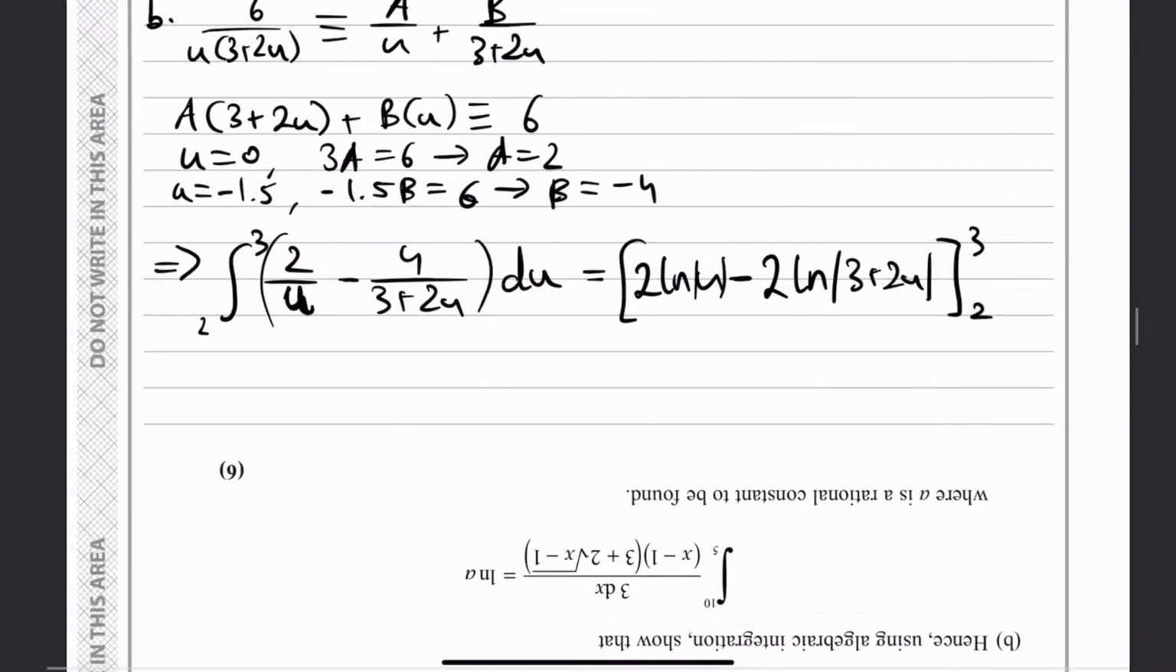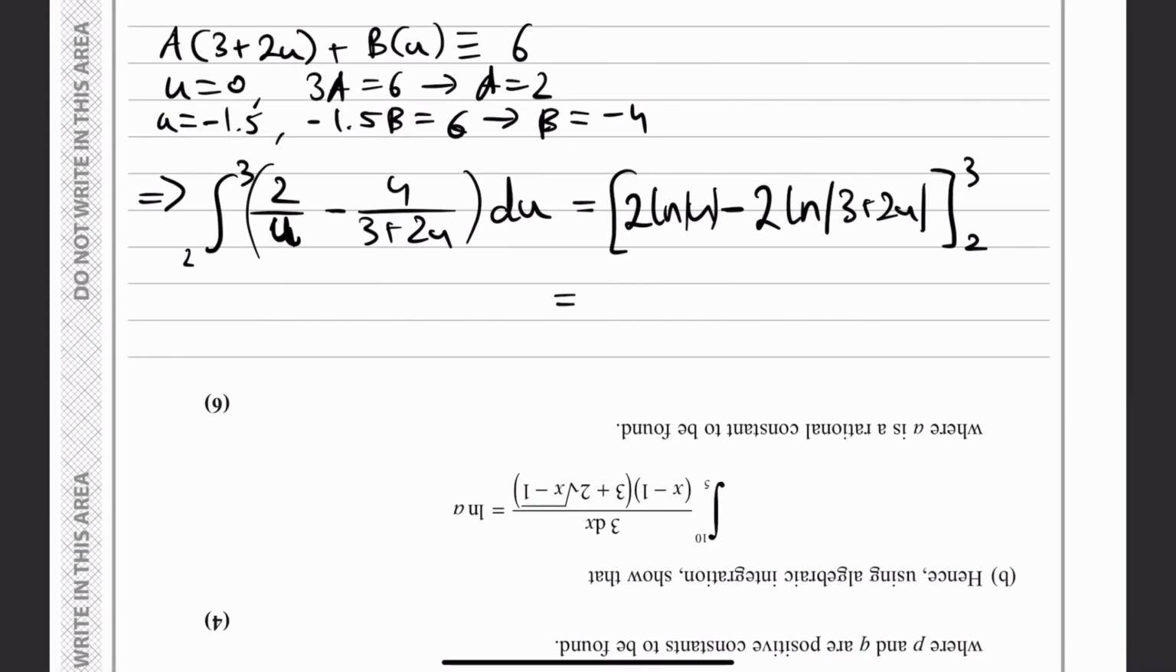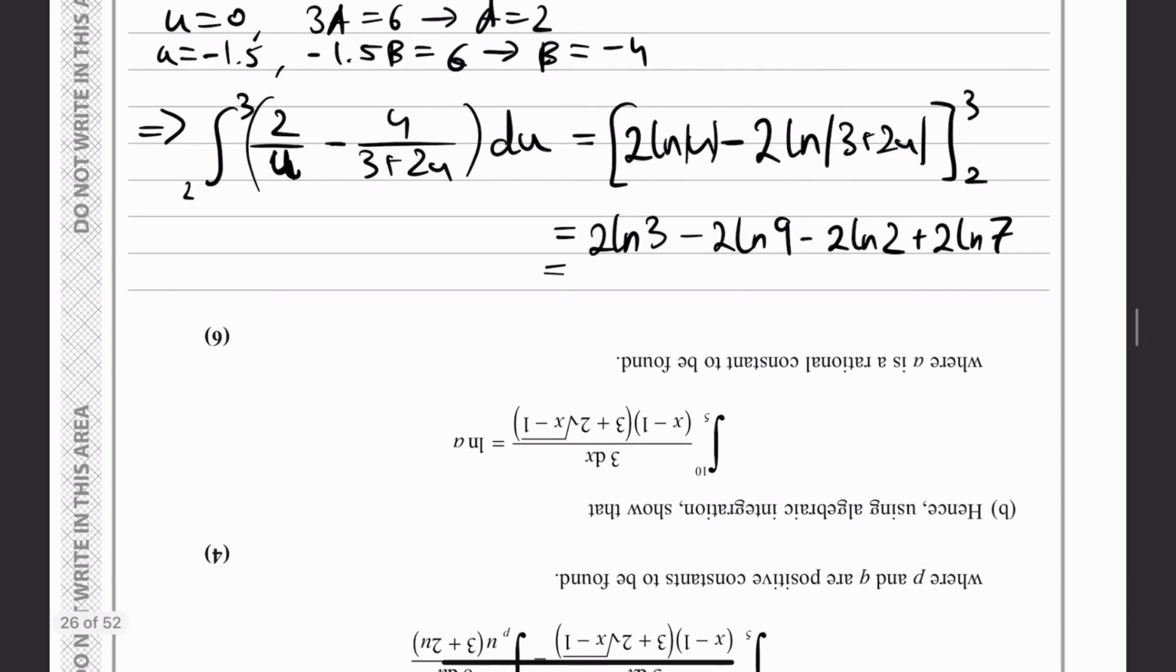Okay, and let's just evaluate this over these limits. So 2 ln 2, 2 ln 3 minus 2 ln 3 plus 6 minus 2 ln 9 minus 2 ln 2 plus 2 ln 3 plus 4, 7. Okay, and now we just gotta put it all in, which is equal to, if we factor out the 2,